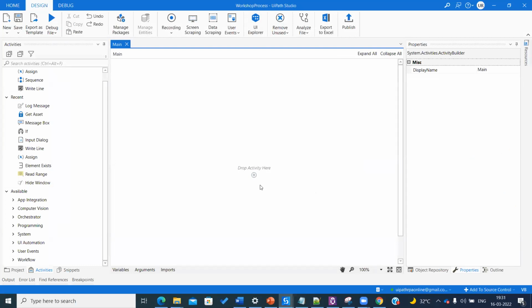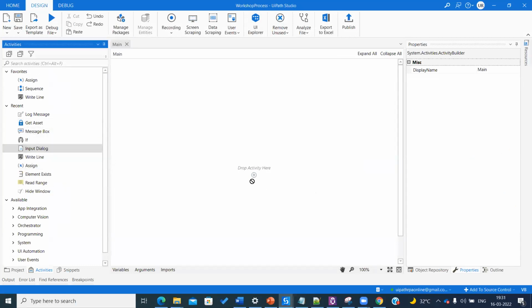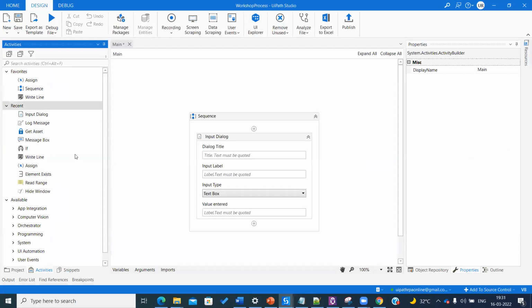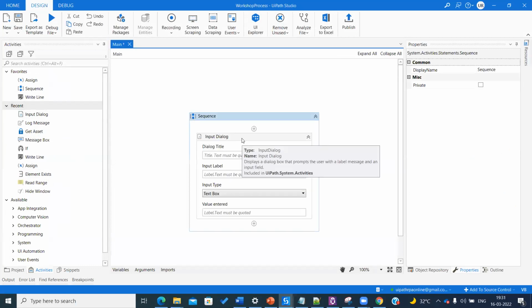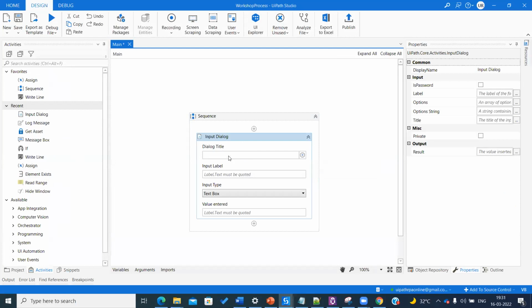Then next, let's say I wanted to simply ask the user some details. I would use the input dialog box activity, and I will ask the user, enter your age.